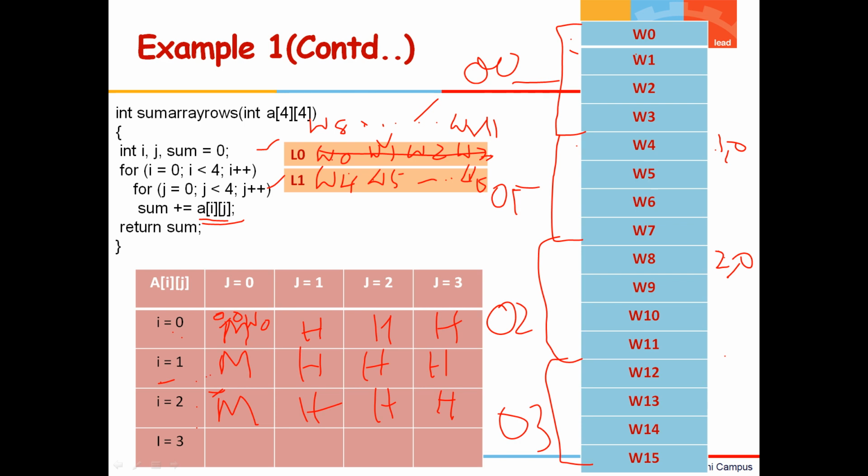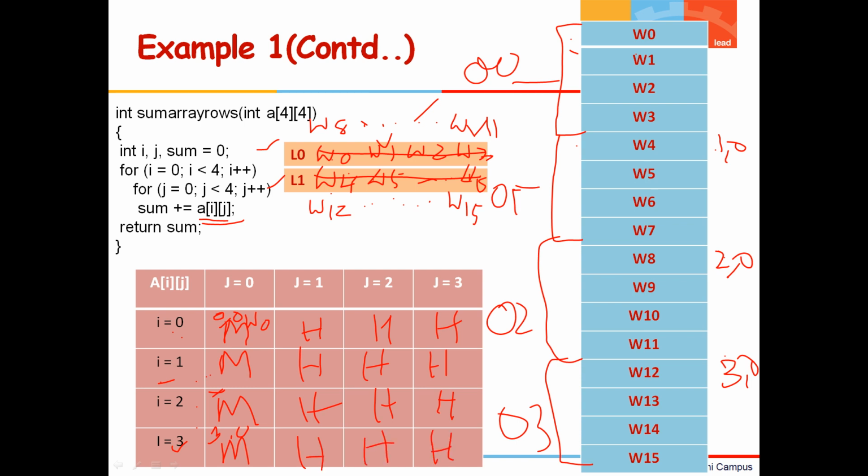Next value is going to be 3,0. If it is 3,0, this also is not there, so this has to land here. This will be flushed out and we'll have W12 up to W15. So this is going to be a miss in the beginning. Afterwards it will be a hit, a hit, a hit.